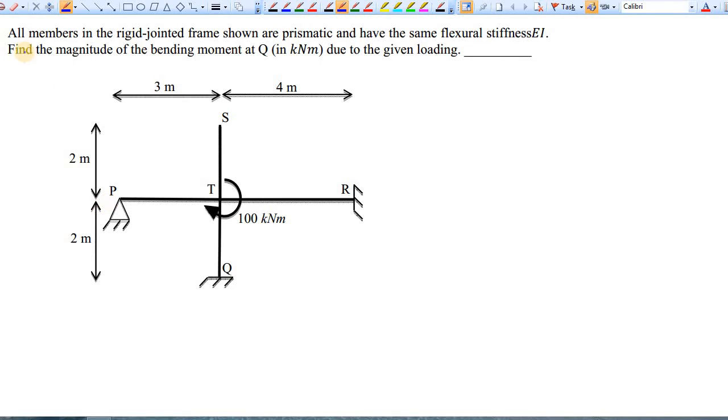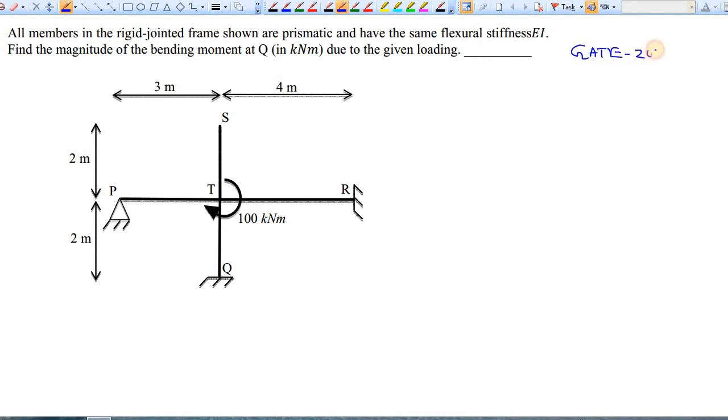Hello everybody. In today's lesson I will discuss the concept of carryover factor and rotational stiffness for a beam. To discuss this concept I have taken a question from GATE